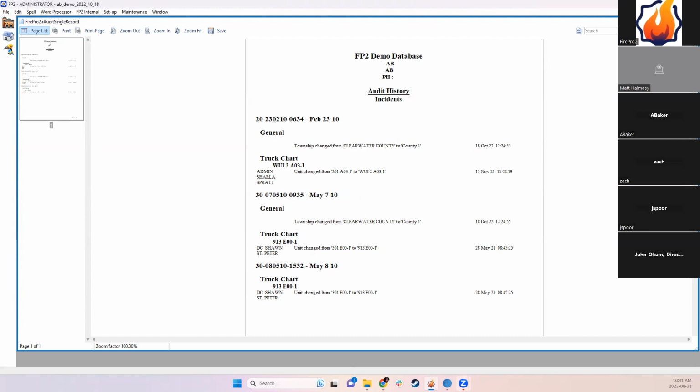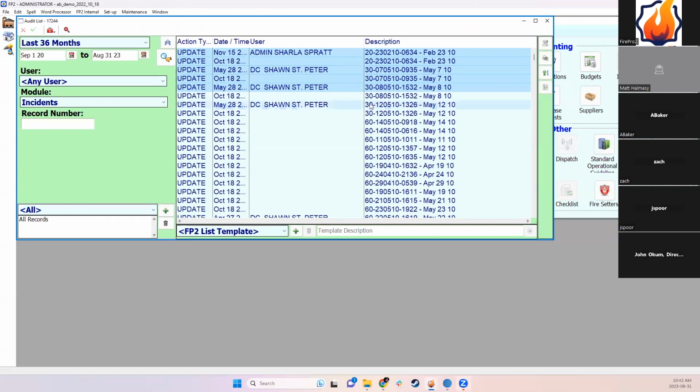people are doing. If you're using a generic login like Station 1, you have no way of knowing who from Station 1 was logged in and doing this. So I normally don't recommend generic logins. However, there are some scenarios where having a generic login can be useful. One very good example of this